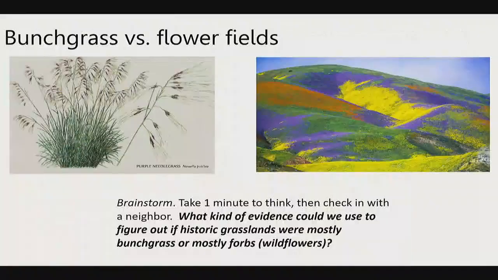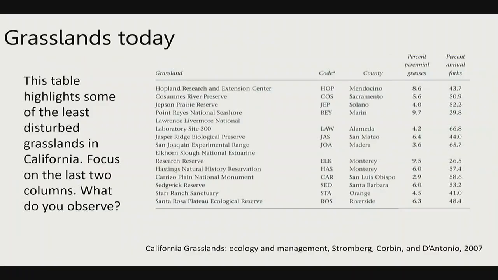Okay, so one of the things we've done, actually Valerie Evner, who is a PI at UC Davis, has tried to go in and figure out, well, there are some little pocket areas that never really got disturbed too badly, that sort of got spared these intense pressures and disturbances of historical events, right? And so she went out to these different spots and surveyed, she and her crew obviously. And they looked at how much of that landscape was covered in perennial grasses and how much was covered in annual flowers, annual forbs, that sort of thing, right?